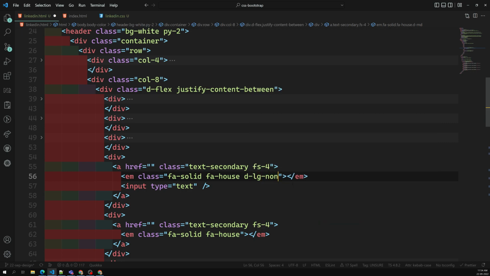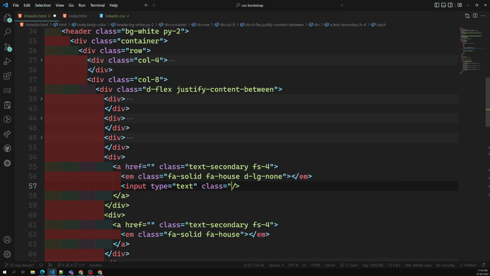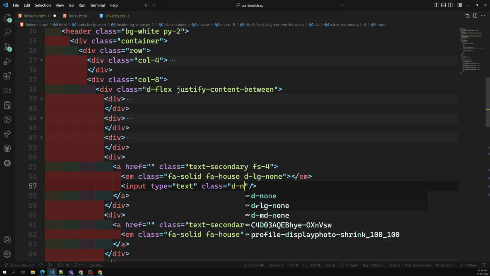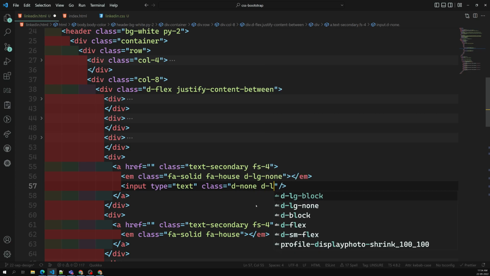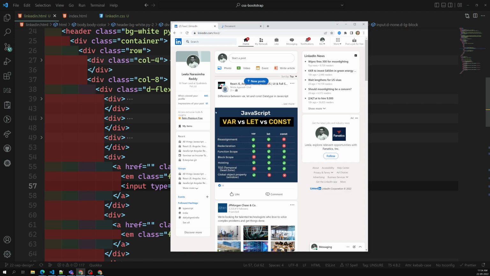so this one should be like this. From large onwards it should not be there, and this one all the time should be none, it should not be visible, but it should be visible from block onwards. So that means from large screen onwards. If I try to see the output,